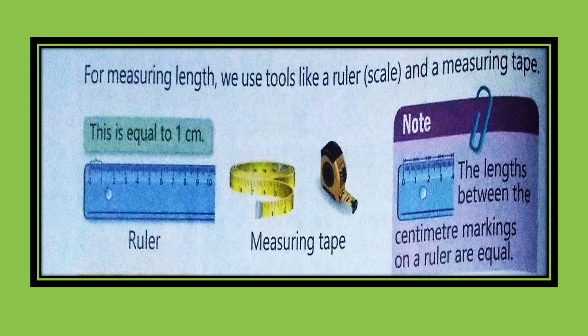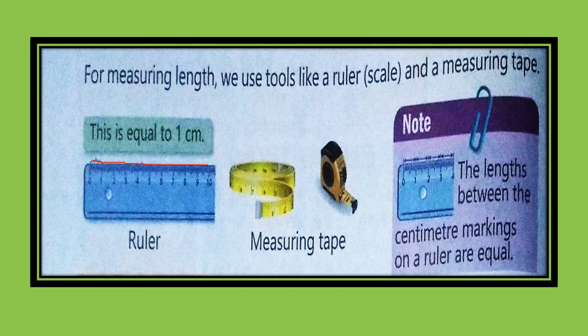As you can see, this short one, 0 to 1, is equal to 1 centimeter when you are using a scale. It starts from 0 to 10. So 1 centimeter, 2, 3, 4, 5, 6, 7, 8, 9, and 10 centimeter. If I draw one line here, this is a 4 centimeter line because it starts from 0 to 4. This is a 10 centimeter line. Got it? See the distance. So these are the tools we are using to measure.